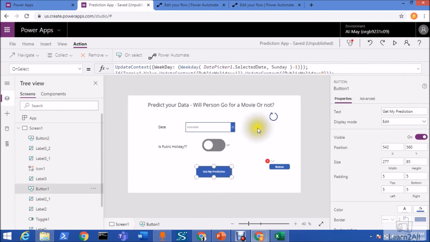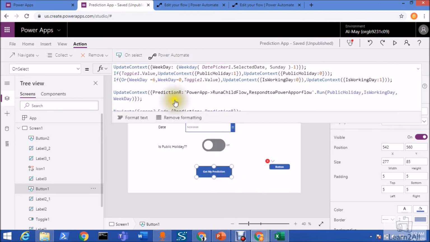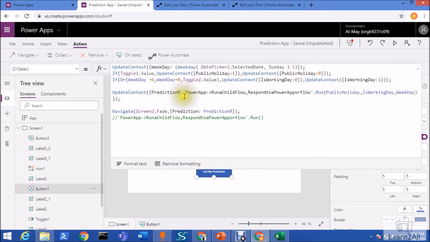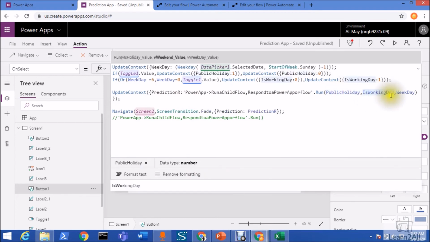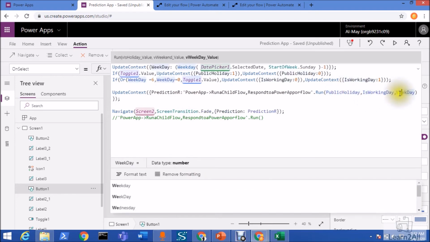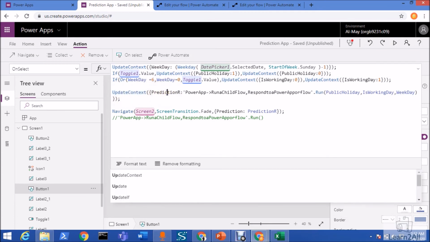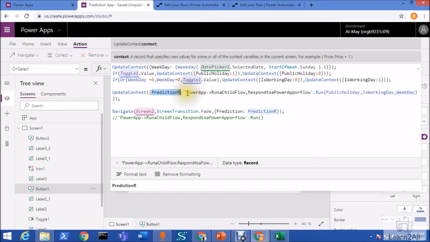So let me go again to my original button, and as you can see, the added flow is this one, and inside that I pass three parameters: public holiday, is working day, and weekday. I want to store the result of that flow, so I defined one variable, update context prediction r, and I added the entire flow inside this variable.